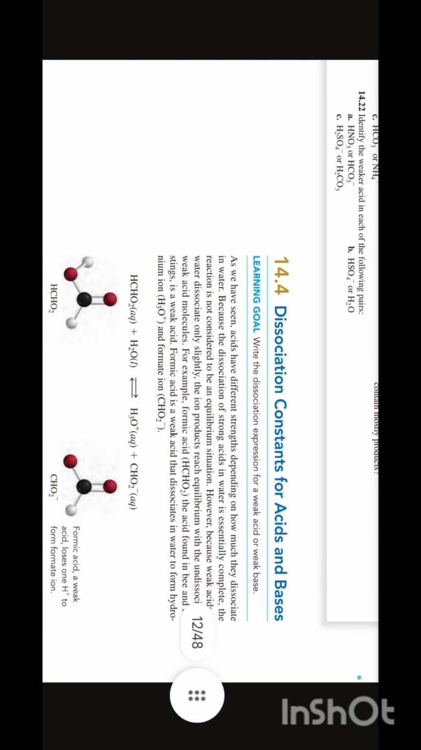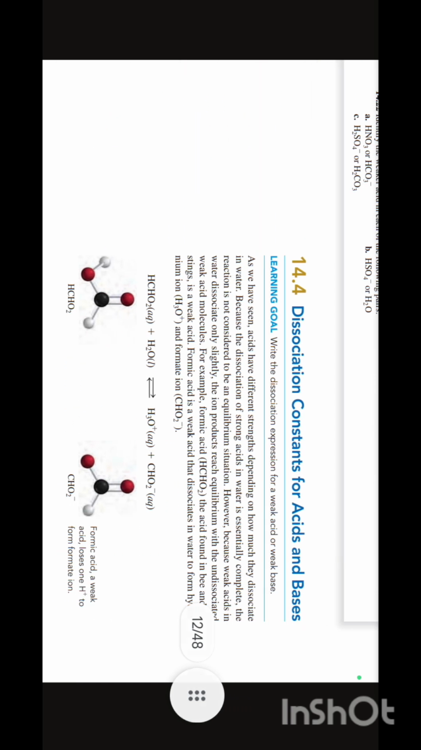Now we will read about the dissociation constant for acids and bases. As we have seen, acids have different strengths depending on how much they dissociate in water. Because the dissociation of strong acids in water is essentially complete, the reaction is not considered to be an equilibrium situation. However, because weak acids in water dissociate only slightly, the ion products reach equilibrium with the undissociated weak acid